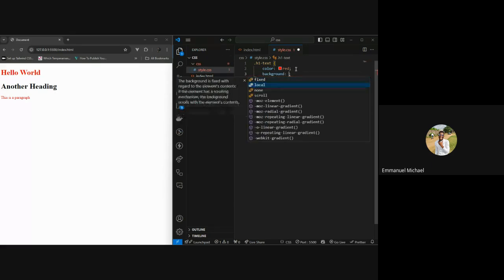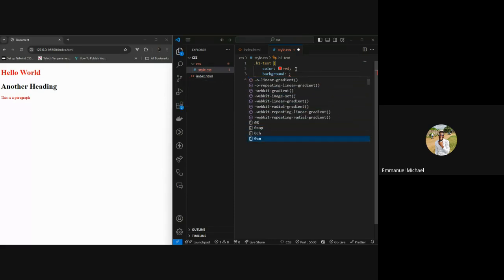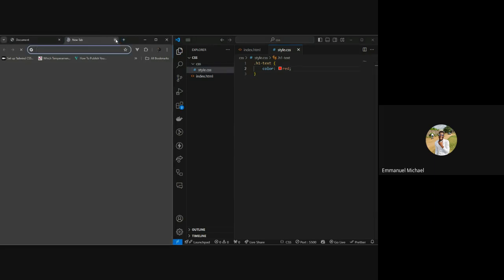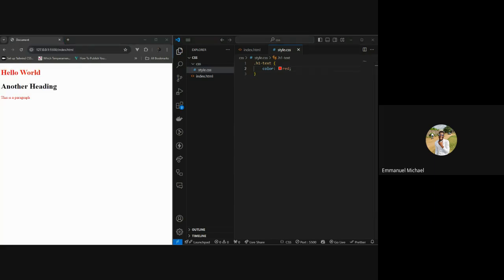Background, we have fixed, we have scroll. You can ignore these other guys. So these values are not, no, let's not use these values. Let me just get to the values quickly for background. I'll type them out very quickly. Okay, so we have